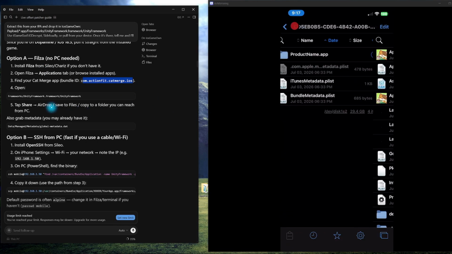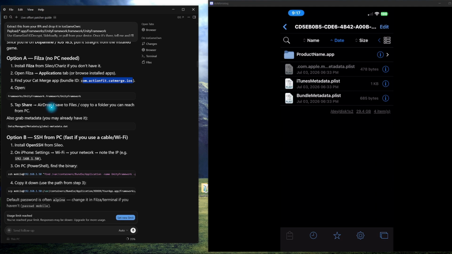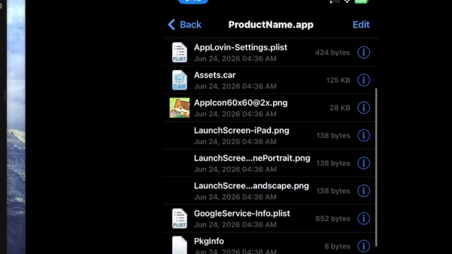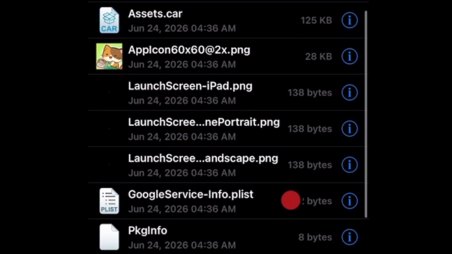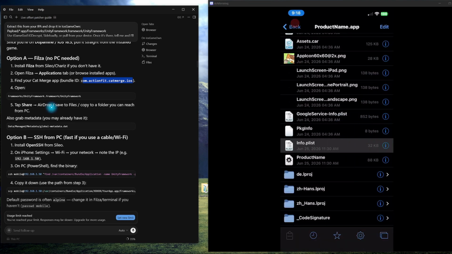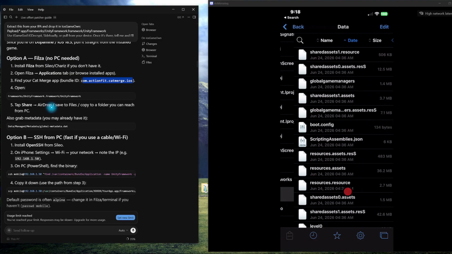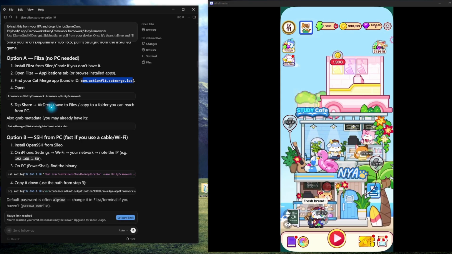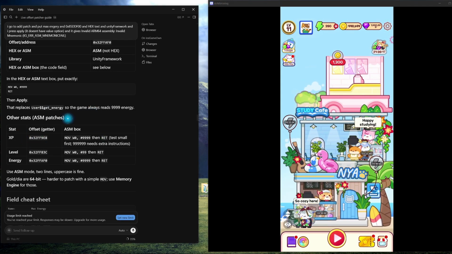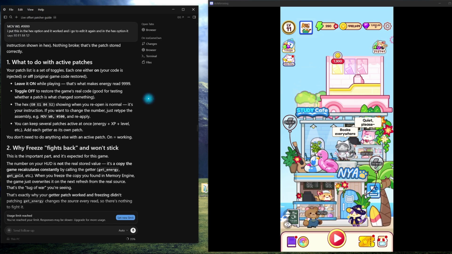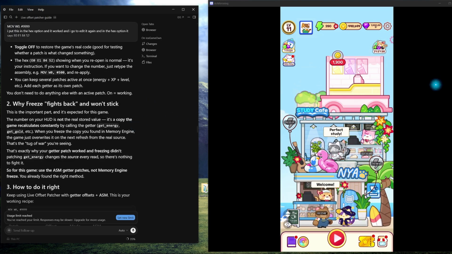Yeah, so we are actually on the application right now. It is called these random numbers right here, and if we go into the folder, we can see the icon, the info, and all the information here, but what we really need is the data down here and also the frameworks. So we got all of that, and at first it was giving me the wrong offsets. It was giving me the offsets for the UI and not the backend. I had to go back and forth with it to get the backend values